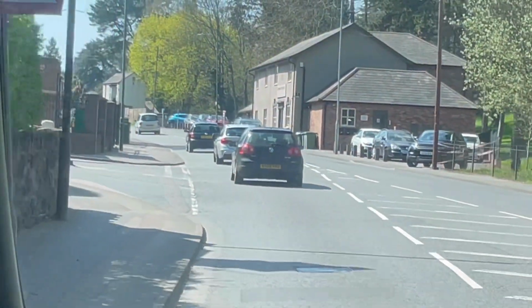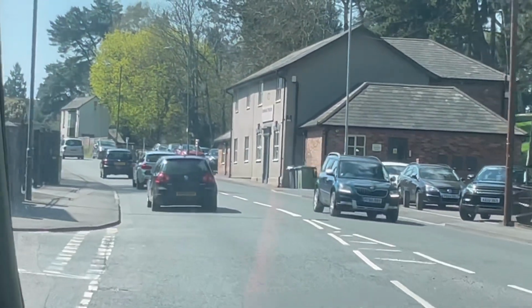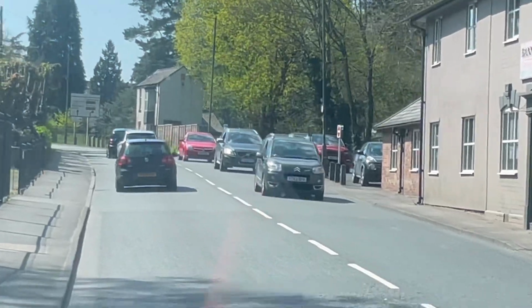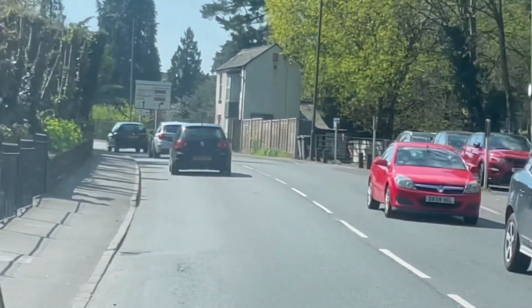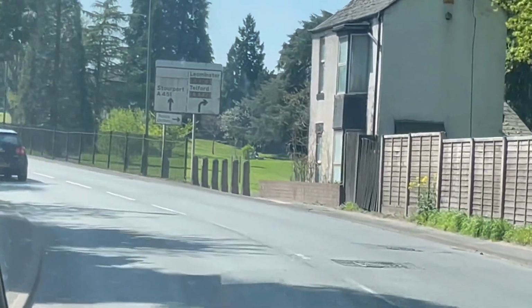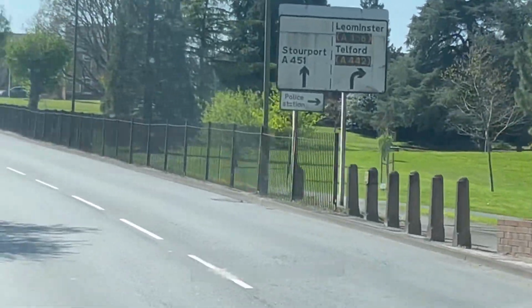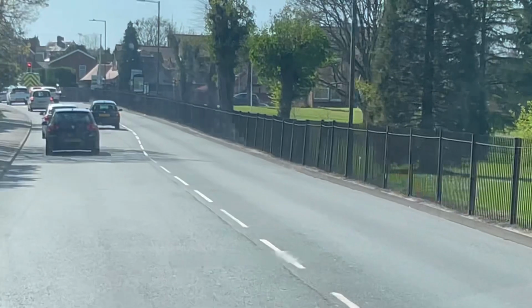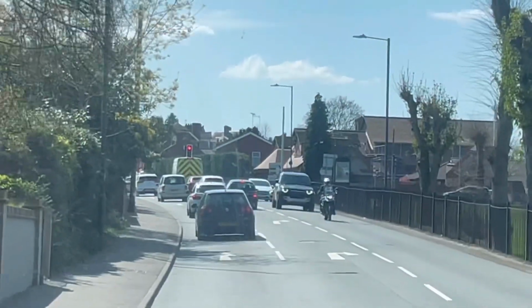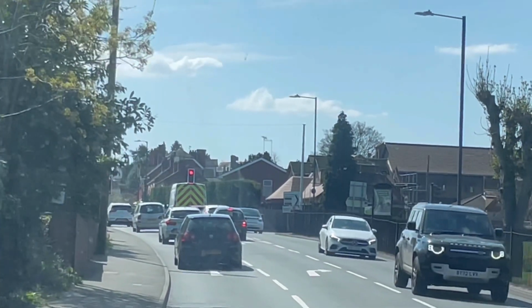So anyway, we've just gone past the Watermill right now. So we're now over by Brinton's Park on the number 3. So we're just by Brinton's Park. And we will then continue down towards Stourport-on-Severn. So we'll be going past Brinton's Park, and then we'll come to the junction for the rifle range where the